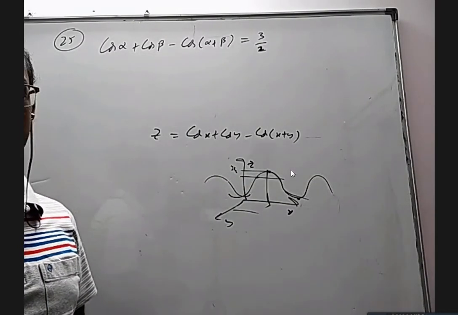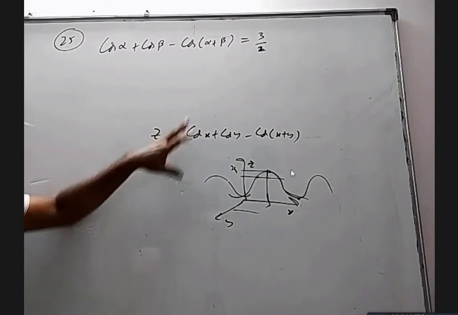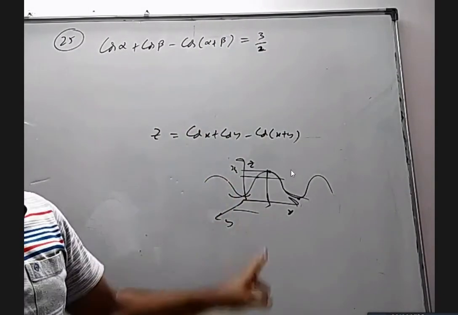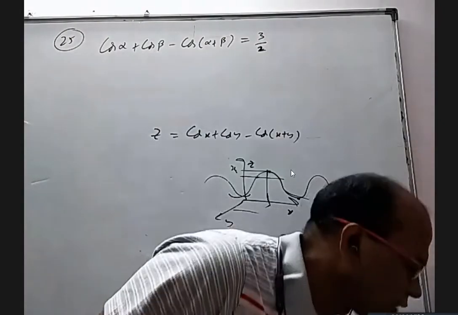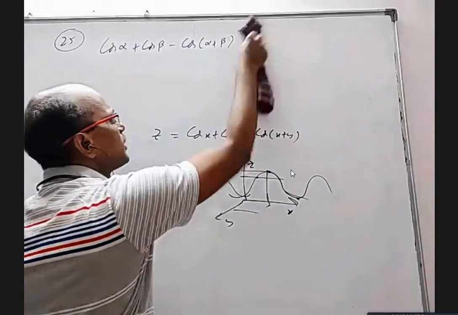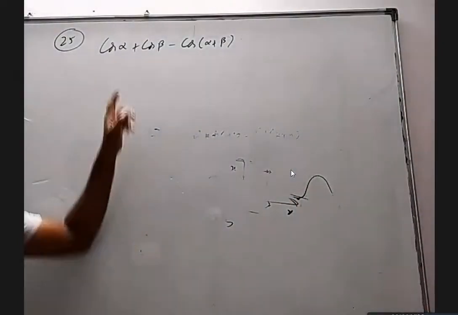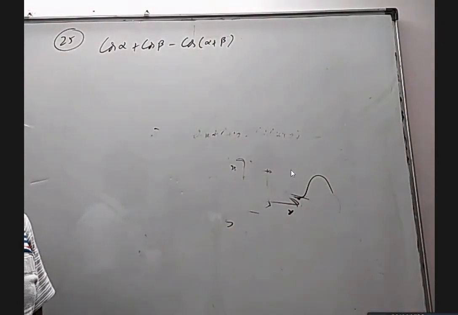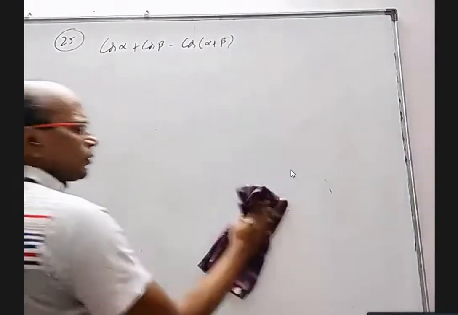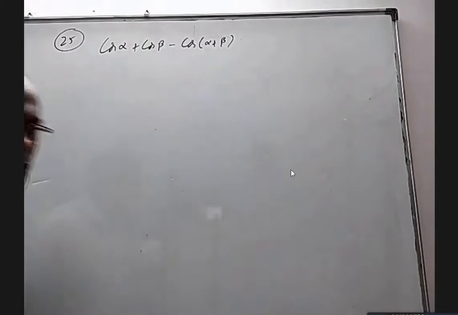Yes, sir. So my point is, this 3/2 is something specific, because it is one equation, two unknowns. Normally we will not be able to find it unless it is the extreme case. So now, without using this 3/2, I am going to show that the maximum value of this is 3/2. Maybe the minimum value is minus 3/2 or something. We'll check that later.